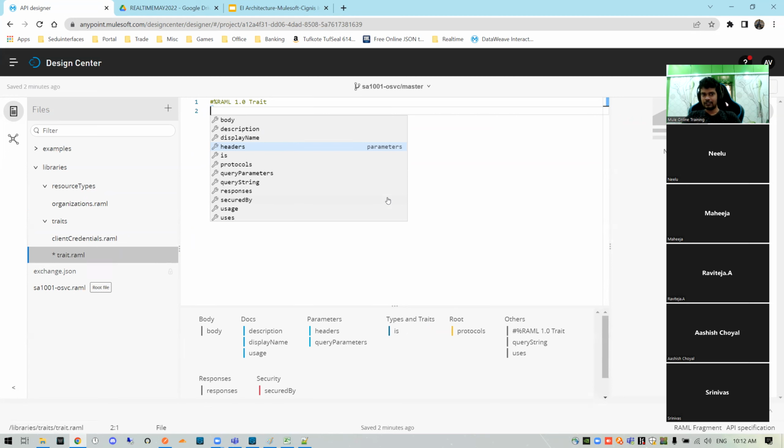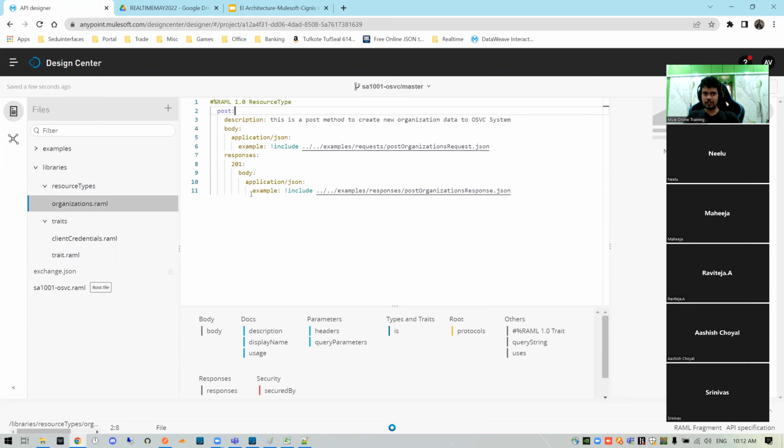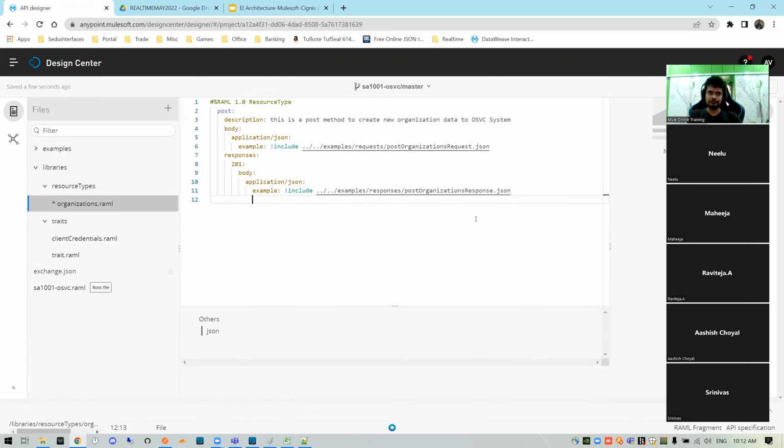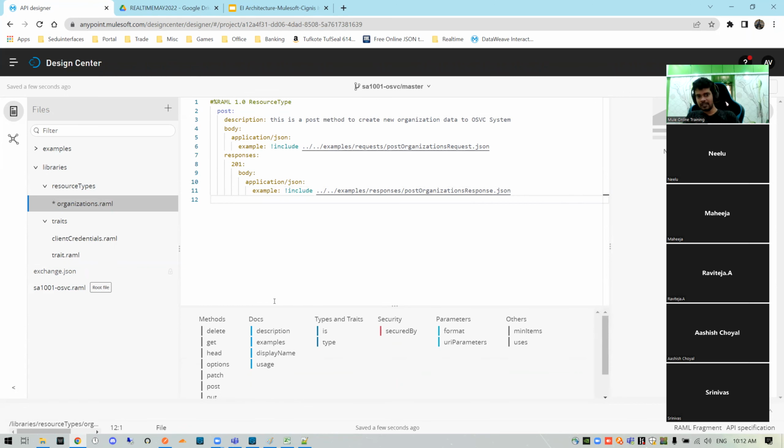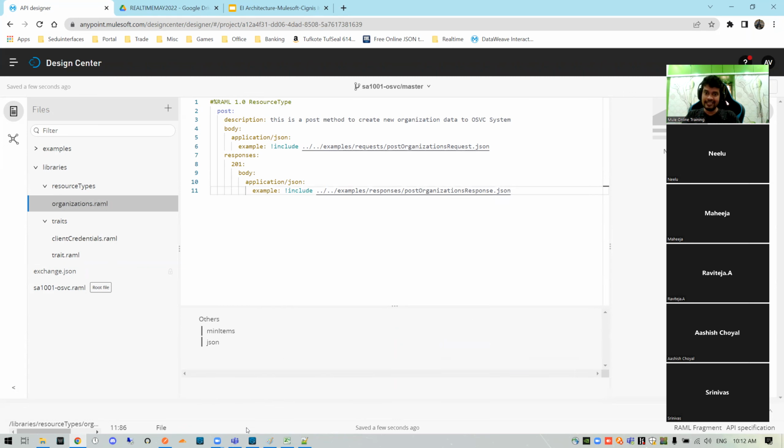Okay. Methods. No, I'm not getting any methods, right? Okay, no. So I'm going to this resource type. Here I'm getting methods. You see the difference? Okay, so anything that is common at API level, at resource level, which means the method level